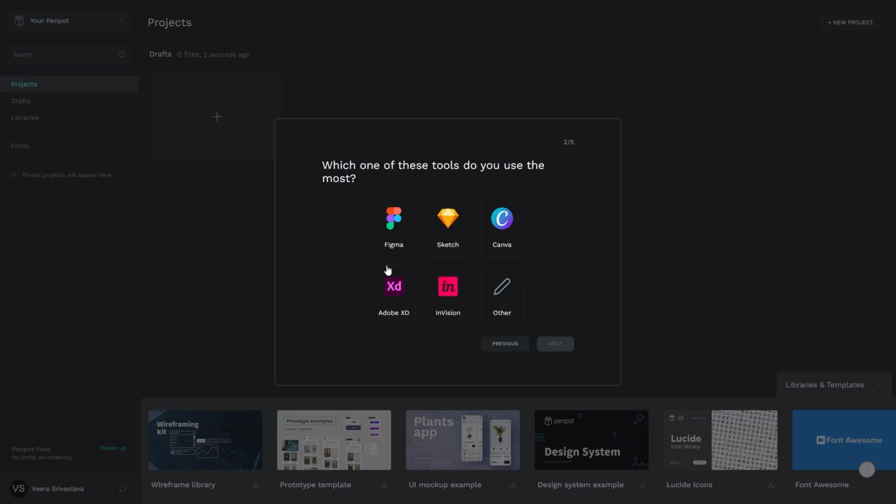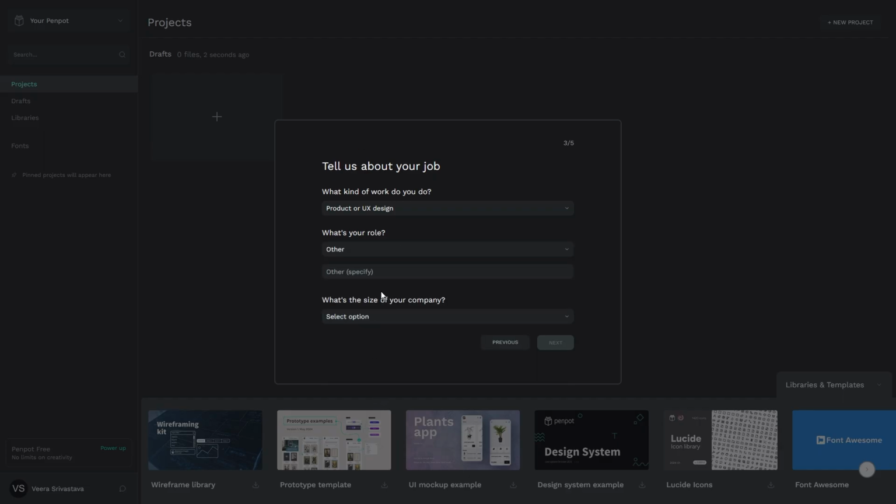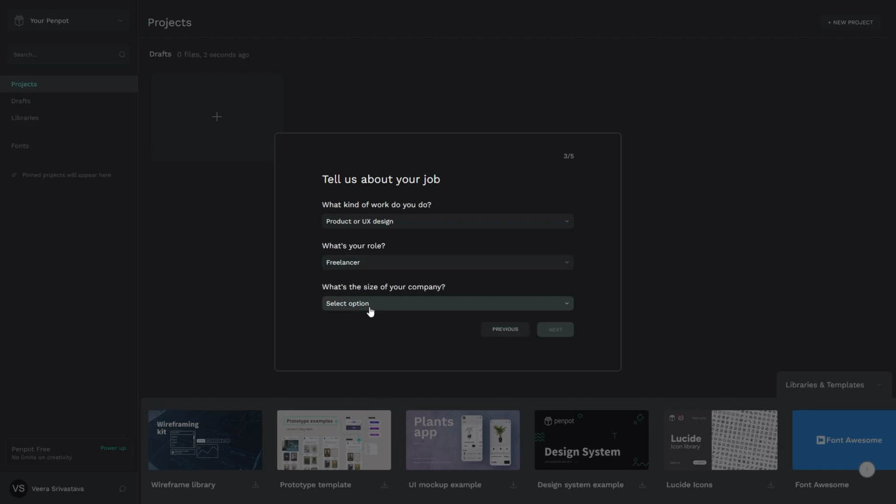and then you can click on next, and of course it asks you which tools do you use the most, and in my case I use Figma the most. And then we're going to go over to the next screen. What kind of work do you do? We're doing UI UX design, and you're just going to fill out all of these details. Let's just do a freelancer for this version and do I'm working on a personal project, and then go over